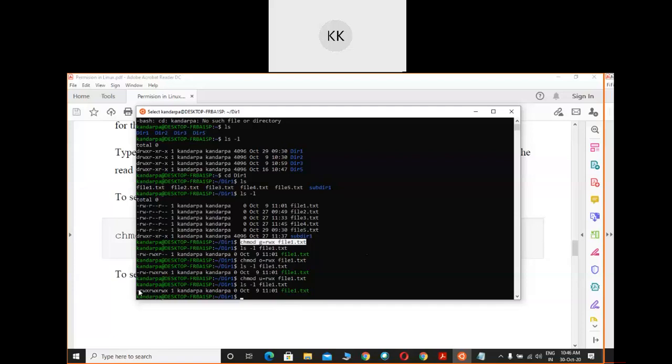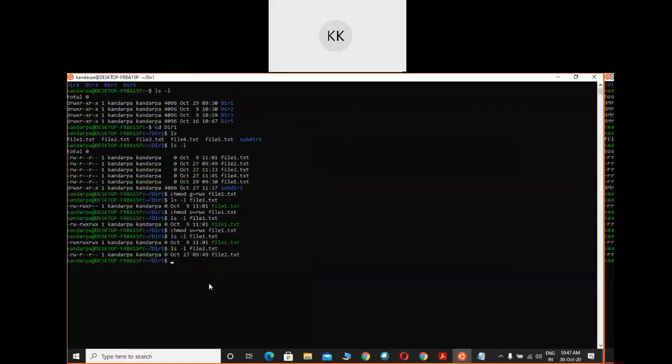Okay, see, right now file 1 is assigned with all permissions. Let me do one thing: I will assign only read write permission to the user, and the rest of the permissions are going to be cancelled. Okay, let us try with some new file. Let me show you one thing. First let us go for file 2. Now you can see file 2 is assigned with read, null, and what? The read nil is assigned to file 2.